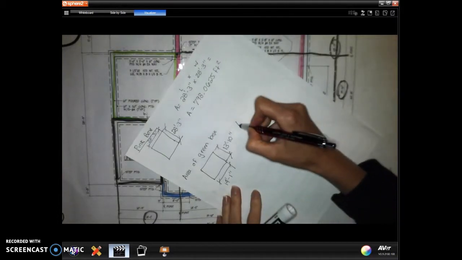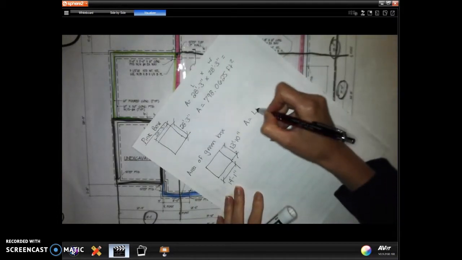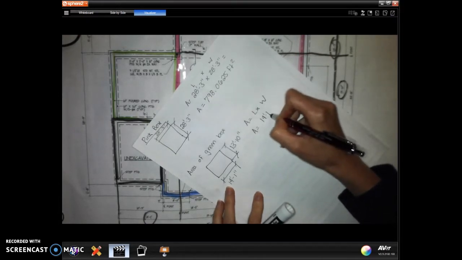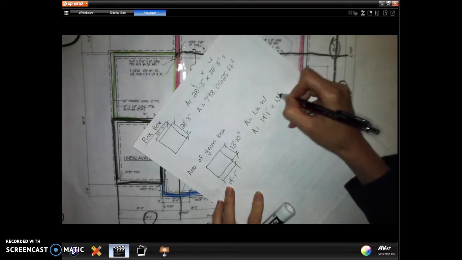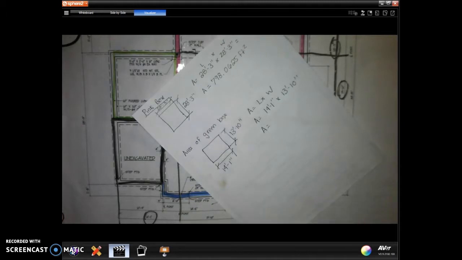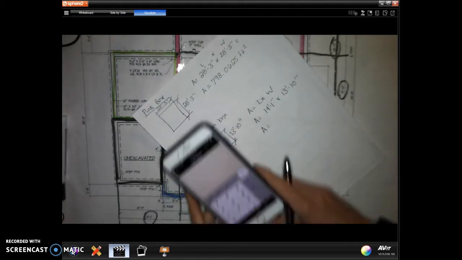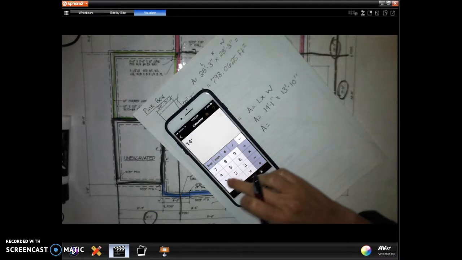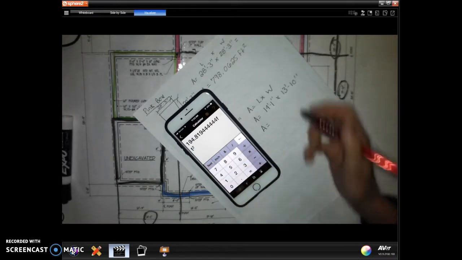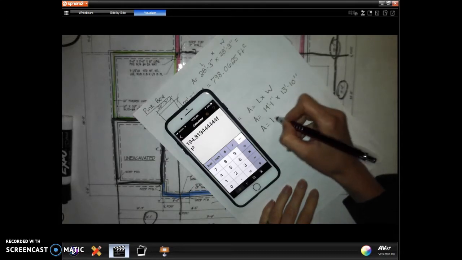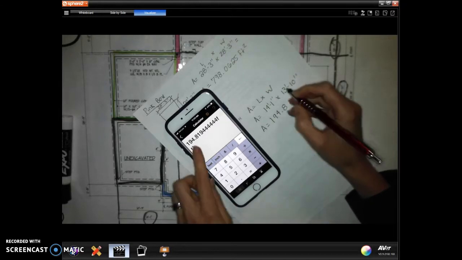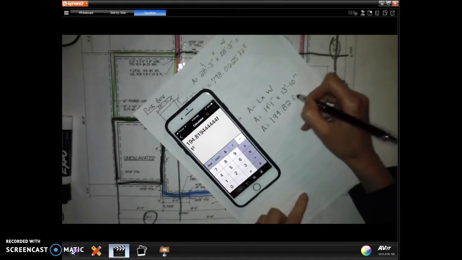So the area of the green area is going to be equal to the length times width. So area is equal to 14 feet 1 inch times 13 feet 10 inches. And our area, if we take a look at our construction calculator, 14 feet 1 inch times 13 feet 10 inches equals